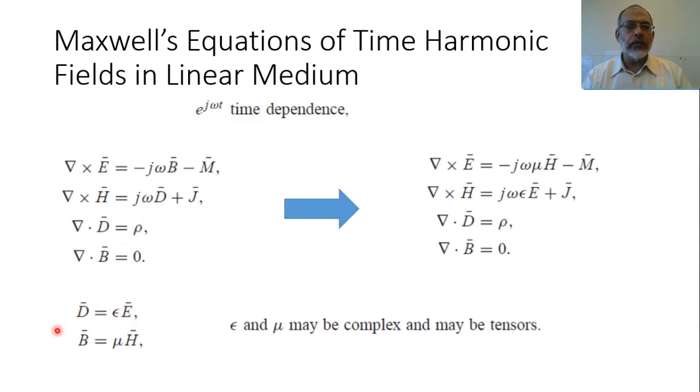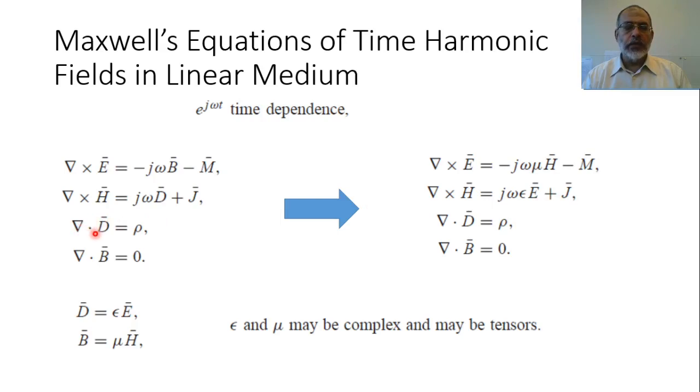But the electric flux density can be represented in the case of linear medium as epsilon multiplied by the electric field, and the magnetic flux density can be represented as mu multiplied by the magnetic field. So in the case of a linear medium, we replace B and D by their equivalent electric and magnetic fields. So in this case, curl E would be minus j omega mu H minus M, and curl H would be j omega epsilon E plus J,